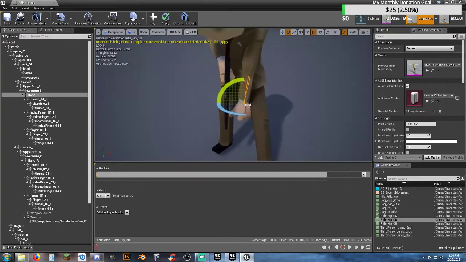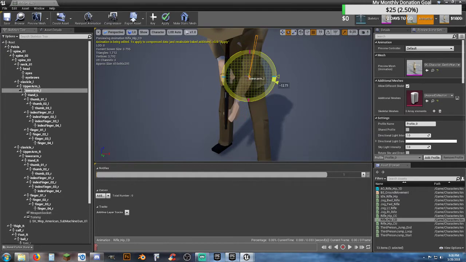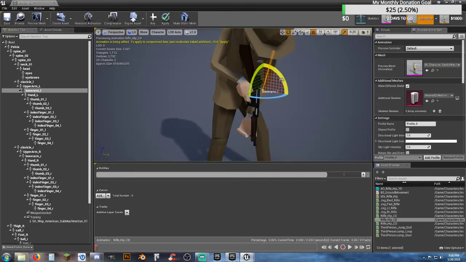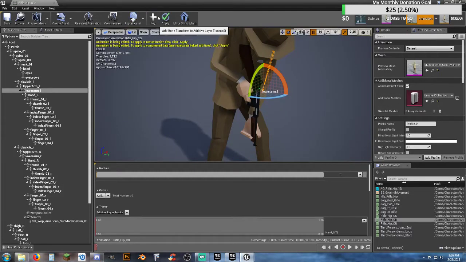So what I need to do now is just kind of try to set it up, because it's going to collapse the wrist. I'm sure there's a better way of doing this. I'm grabbing the lower arm, bring it back over. We'll try it like that. And then we'll key and apply,